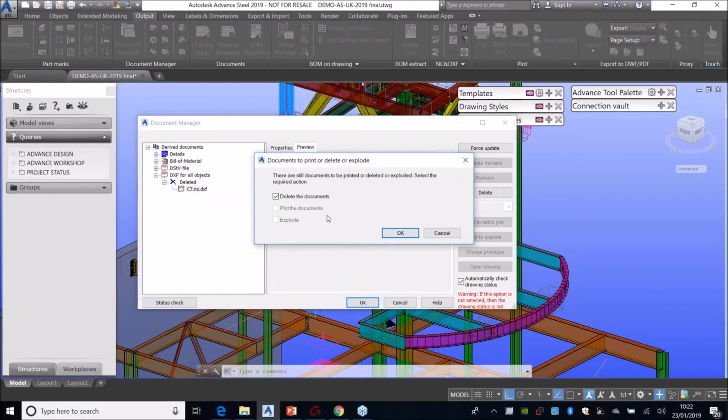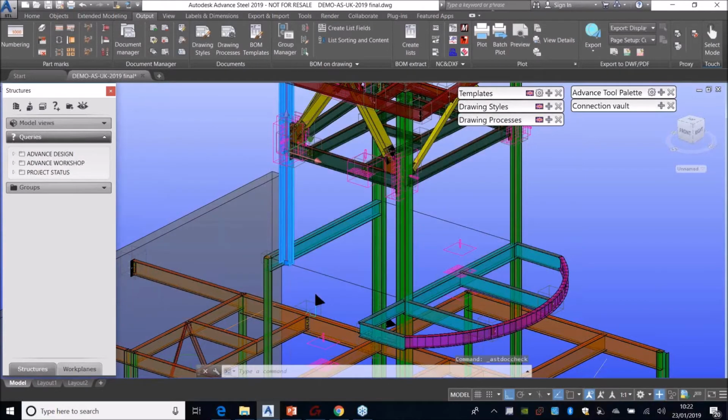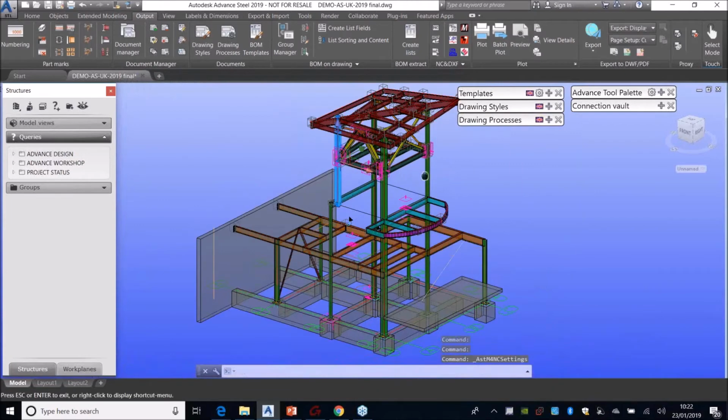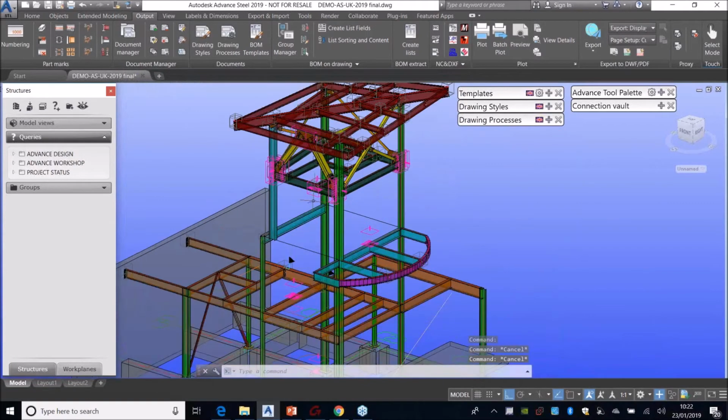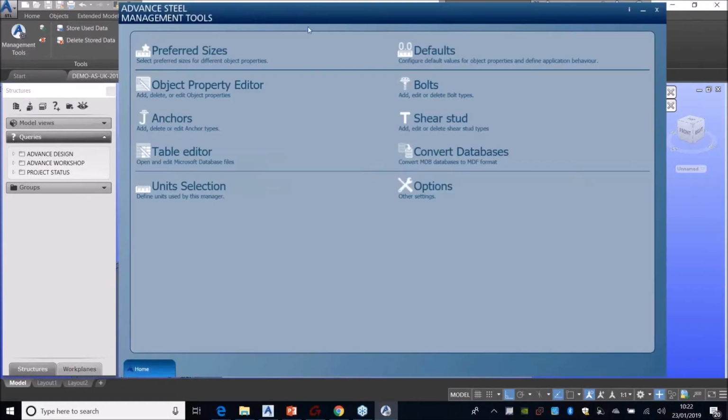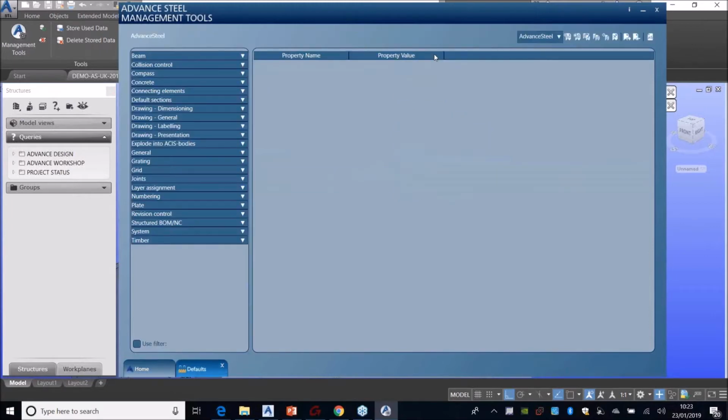All right, so managing other aspects. So these are the more simplistic or preliminary setting changes that you might want to make. Let's take a look at how much refinement you can really apply in Advanced Steel to the output of a DSTV file. So here, if we go over to the management tools, here you can control all the defaults for those who aren't familiar with Advanced Steel, all the defaults to Advanced Steel. And then here you'll have your profile. So here, just clicking on that pull down isn't enough. Here you could create new profiles